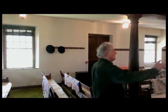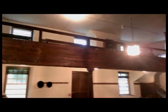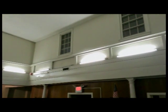And so they built this room because of the numbers of people who came in here, and in order to do so, they had to change the building around. And so they built a gallery up there, and there was an already existing gallery on the other side. To support the gallery in the other